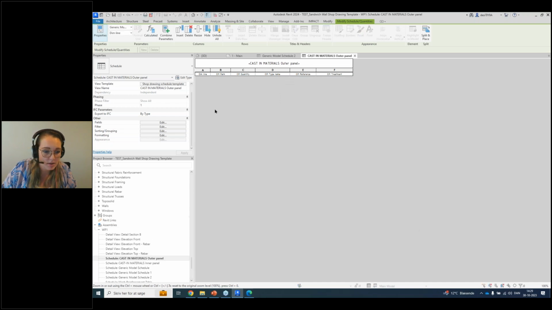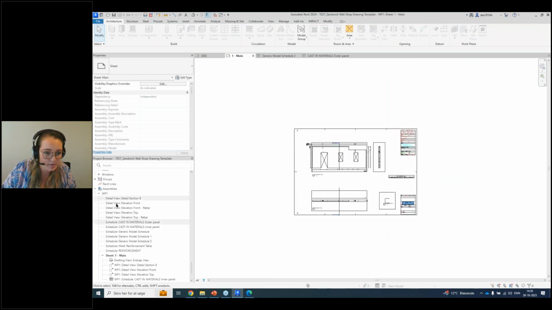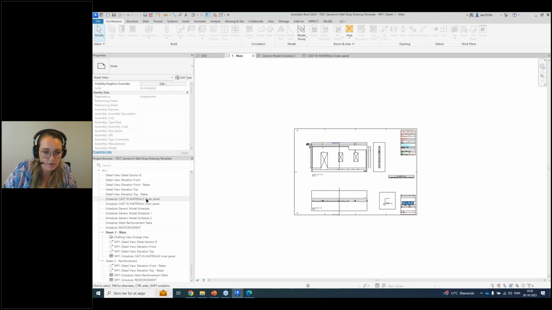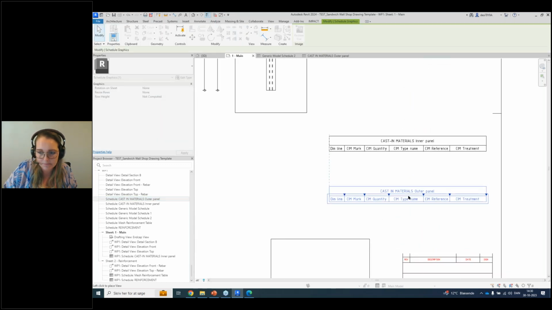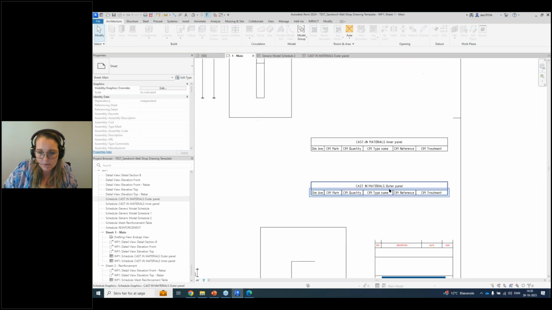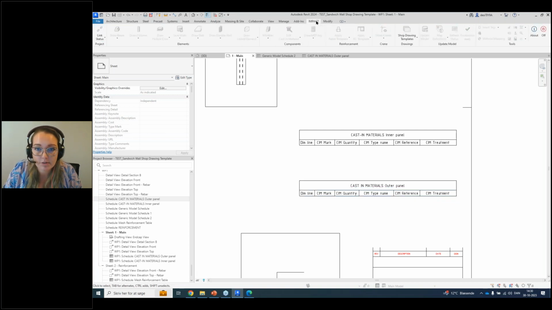Okay, so we are now there where we have made the schedule. It's in my assembly views and schedules. It's here. So what you need to do is drag it into the sheet where you want it. I want it on main. So I'm on my main sheet. I'm going to take it and put it in here. Good. So once you've made a schedule via Revit functionality, you're ready to drag it. That's what we did. And the second step is going to the Impact tab,